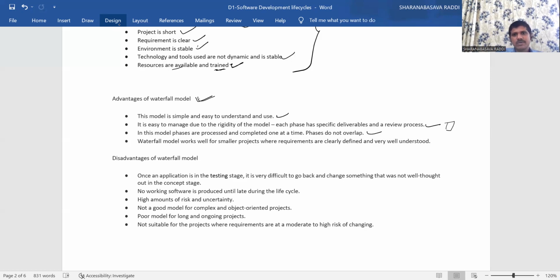one more advantage of this waterfall model is that each and every phase or process is completed once at a time. Here means there is no mixture of two or more phases or steps in this waterfall model. Here we are considering only one phase at a single time and we complete that phase, then we move on to the next phase. Okay, so there will be no overlap between two or more phases. Next,